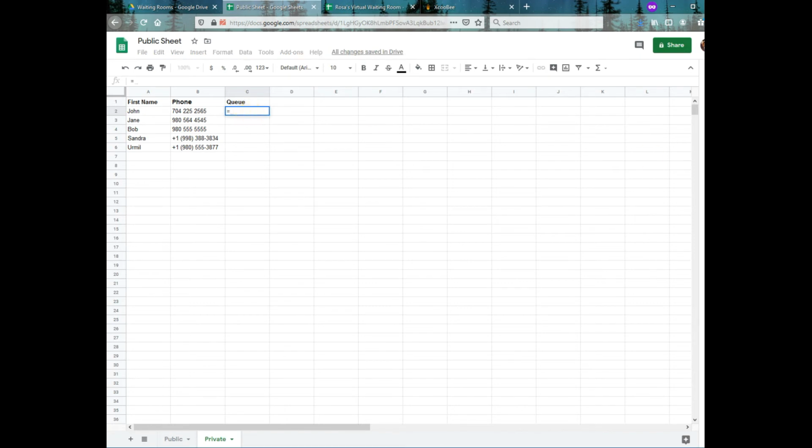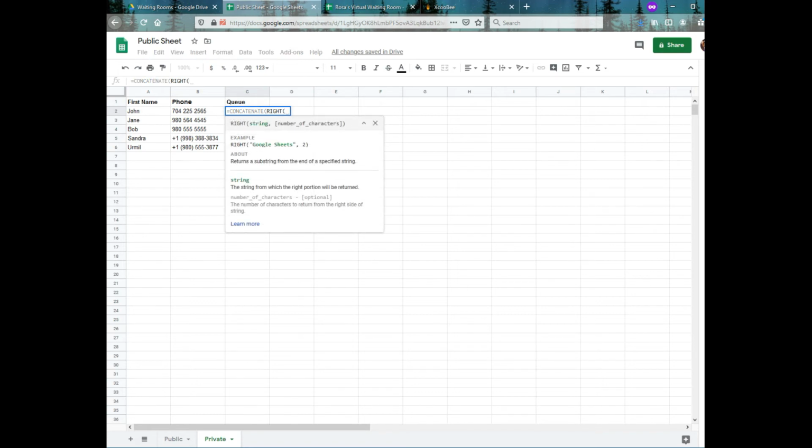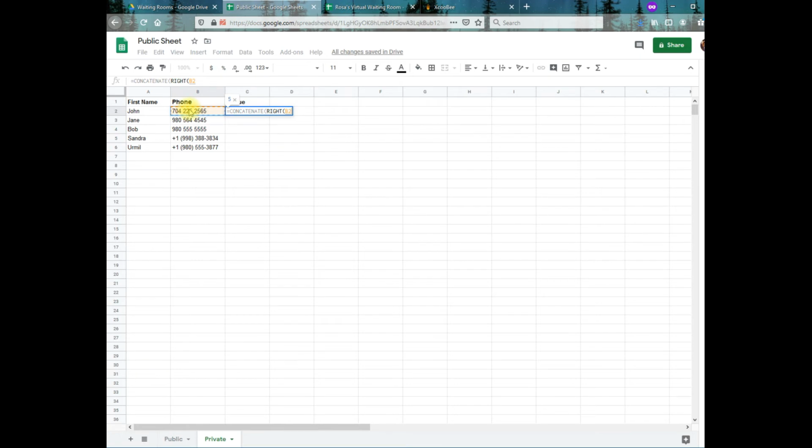For our purposes, we will use something like CONCATENATE, and then we get assistance from Google Sheets, and we will use another formula in here. We will use the RIGHT formula, which is basically telling us to get the right characters, and we will use the RIGHT formula on the phone number, and we will say get us the last four digits of the phone